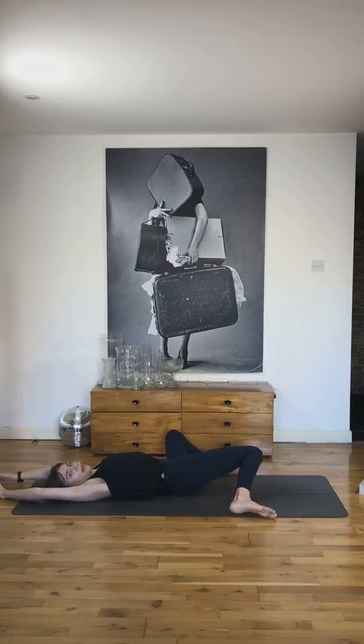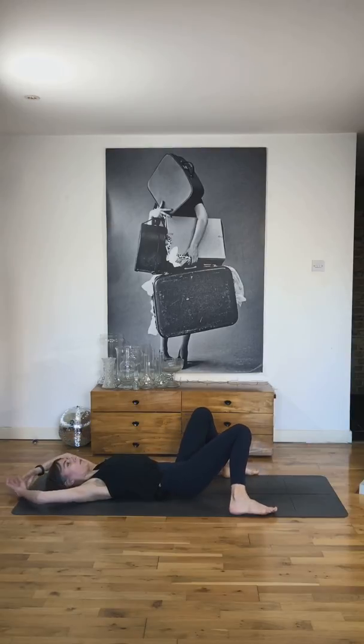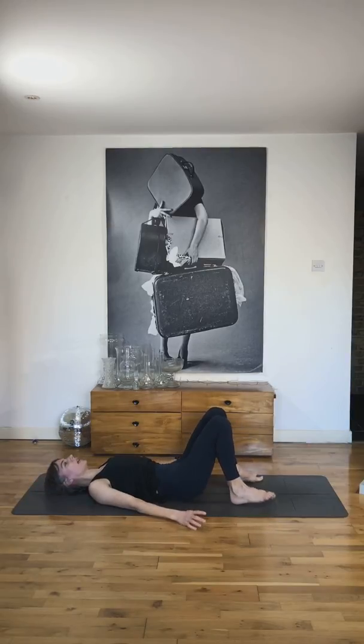Exhale, drop the knees to the left side again, and the wider the feet are, the better. Now the left hand is catching the right wrist. Try to reach over your head with your right hand, reach forward with the left knee. So get long into your right side and take a few breaths. Inhale for yourself, exhale for the person you love. And then slowly release, come back to the center, bring the arms alongside the body, and again walk your feet